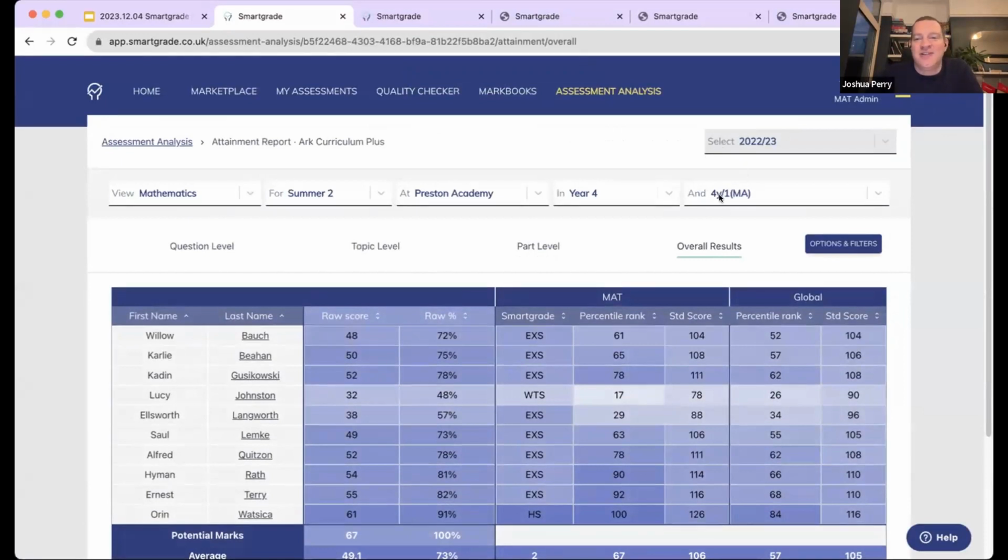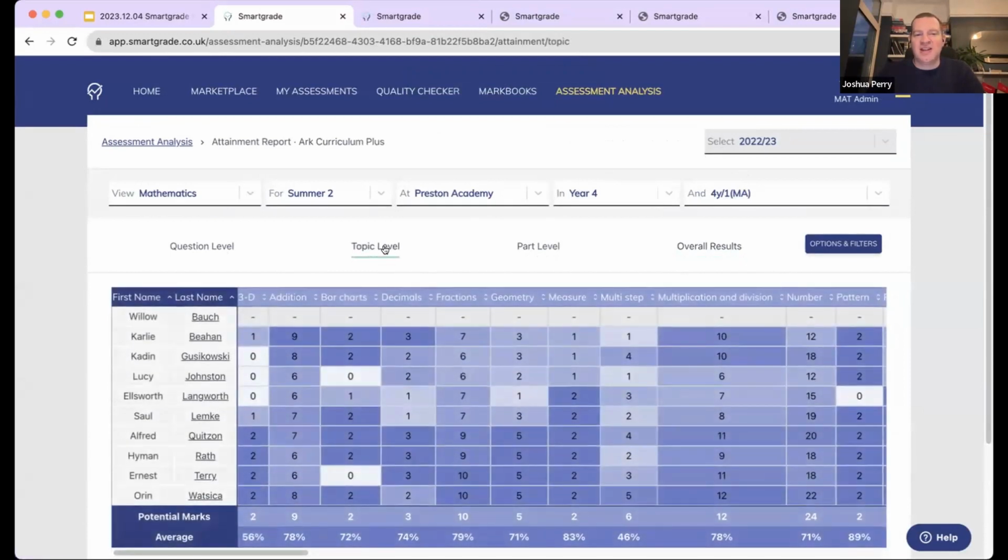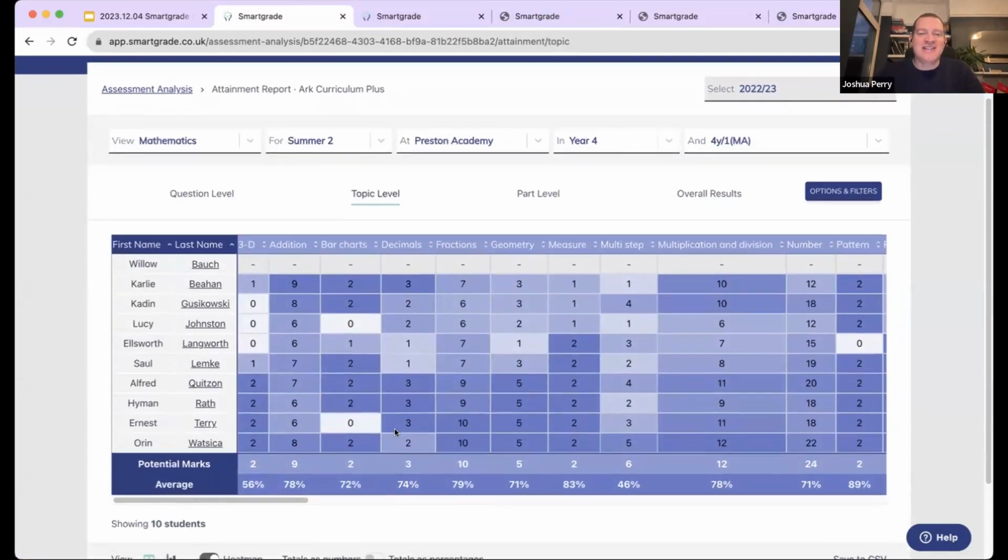So I entered data for this class for Y/1 in Preston Academy in year 4, and I'm now seeing data for this class in year 1, in year 4, right in front of me. And I'm going to run you through each of the types of analysis here. It's taken me to the overall results, but actually I'm going to come to the topic analysis first. And the reason I'm going to come to the topic analysis is because I think this is the level that's